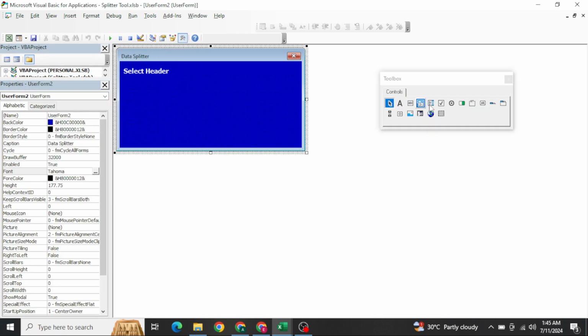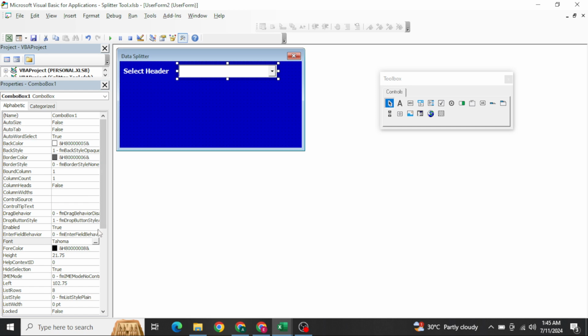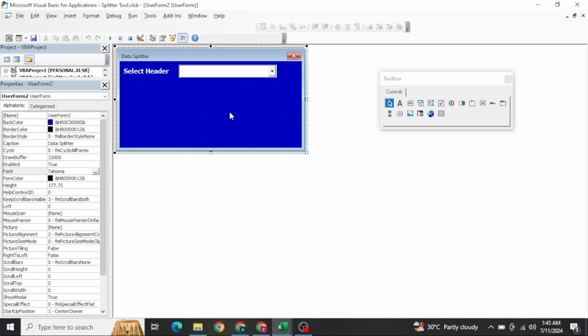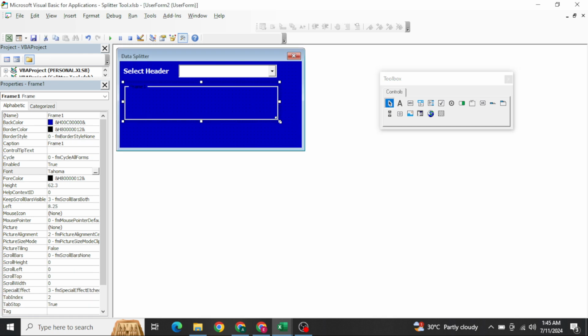For the drop down, we have the combo box. You just need to select it like this, and you can change the font size as well. Let's keep it bold and 10. Now I want to give the frame here. It is very simple to design.